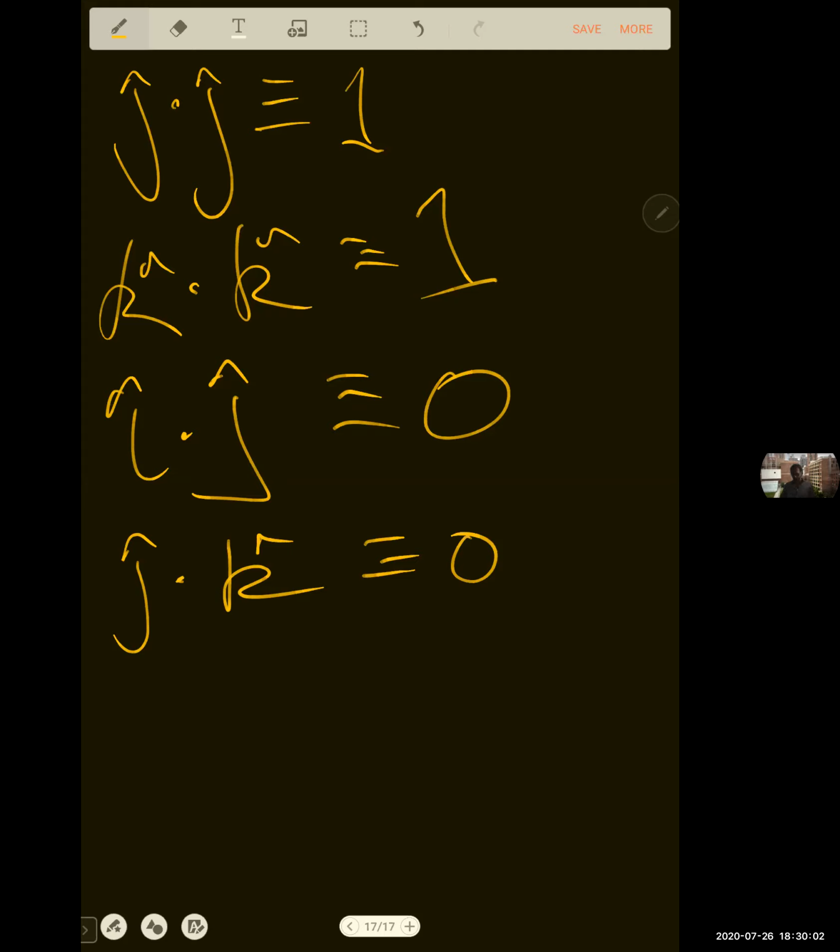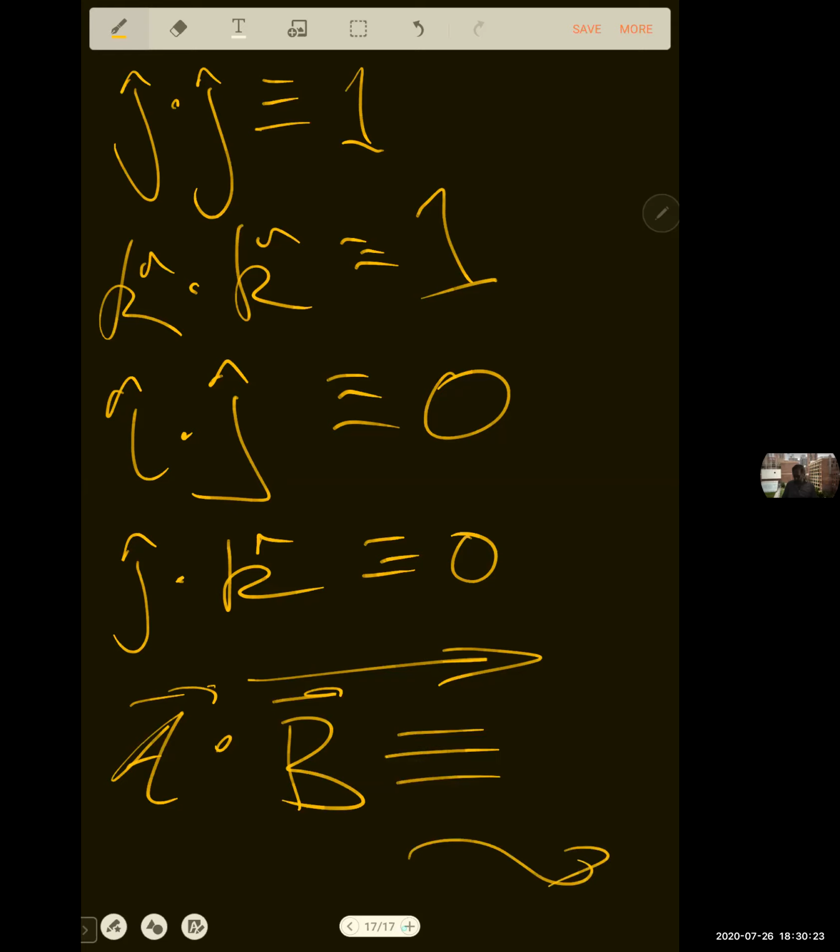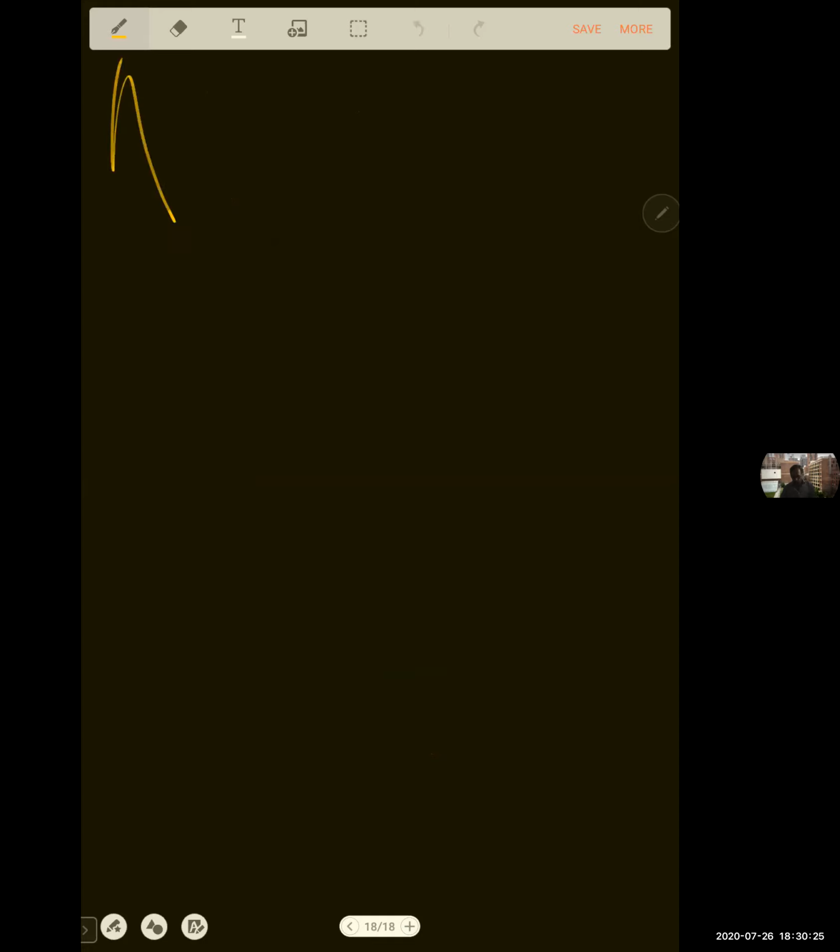But why do I care? If I believe all this, if I believe that this is how the unit vectors work, if this is all I know about dot products is how dot products would result in the simplest of cases, i.e. unit vectors, then that's all I need to know. If vector A dot vector B must equal, so A dot B must by definition equal